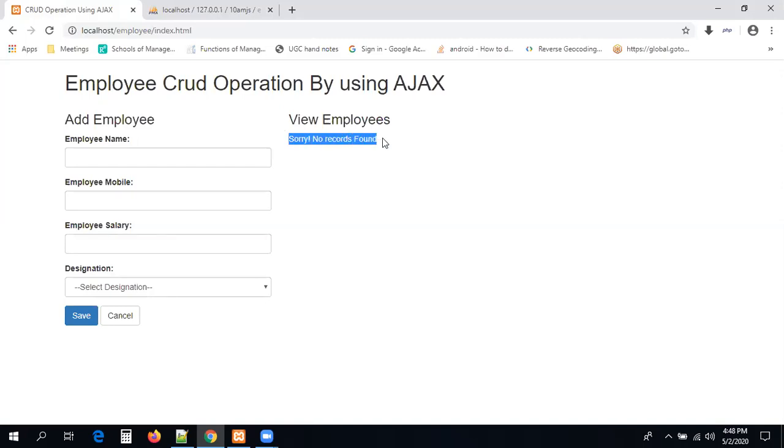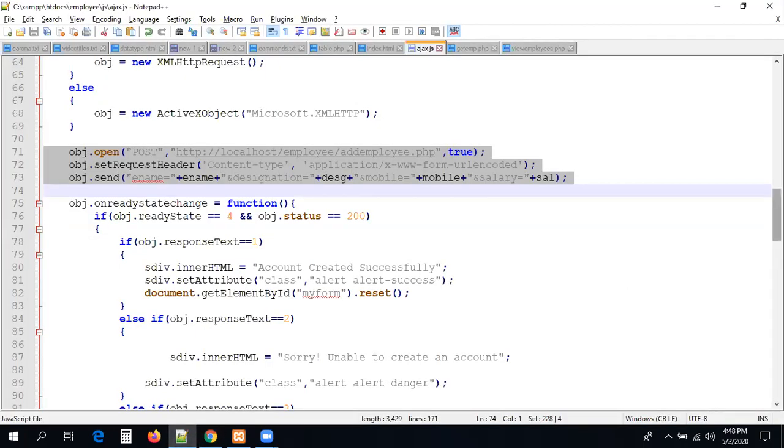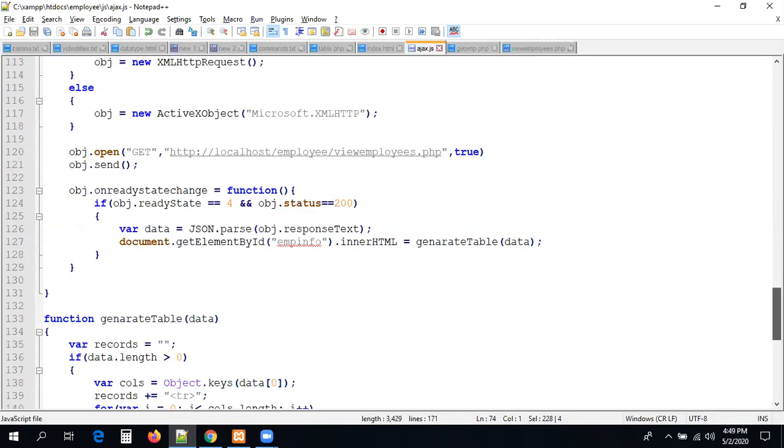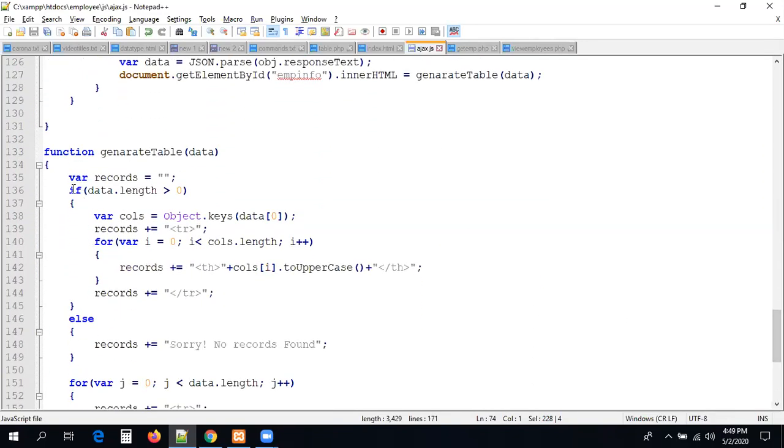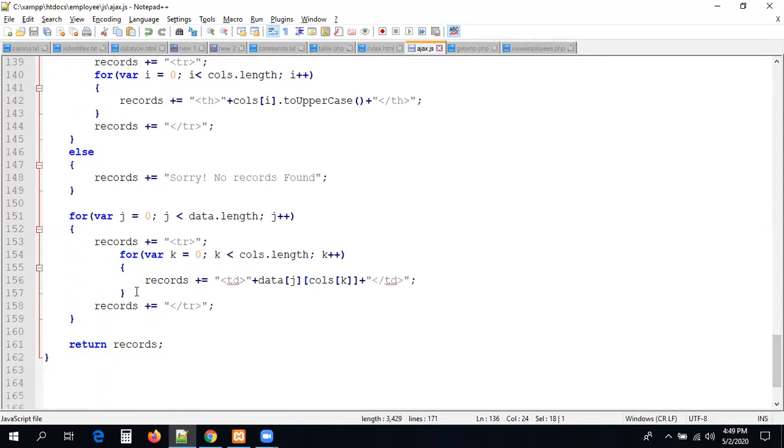Sometimes you may have data, sometimes you may not. That's the reason why, when we're iterating the first time, always remember carefully, we need to check whether the data has records or not. In the generate function, I check one condition: data dot length is greater than 0. I mean, at least one record is there in the data variable. Yes, we can iterate it. Otherwise, what is going to happen? It will go to the else block.